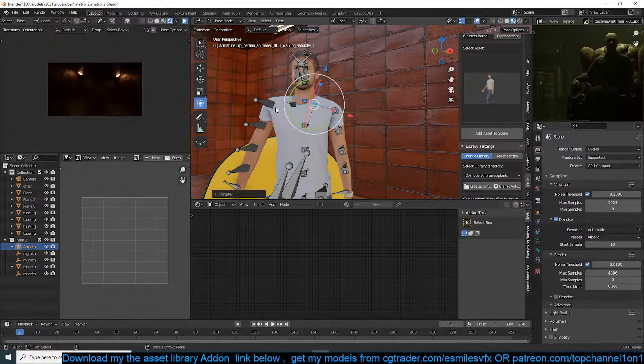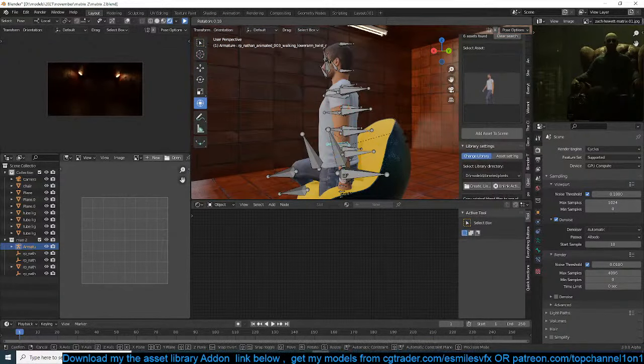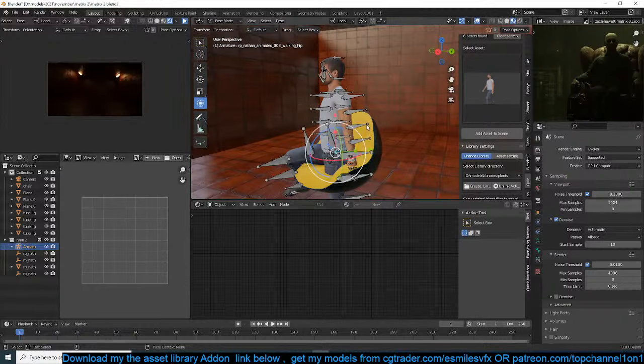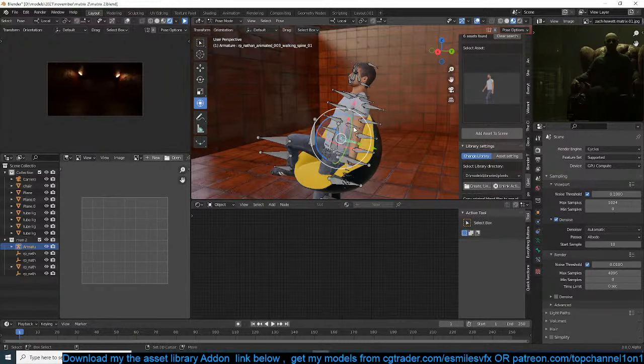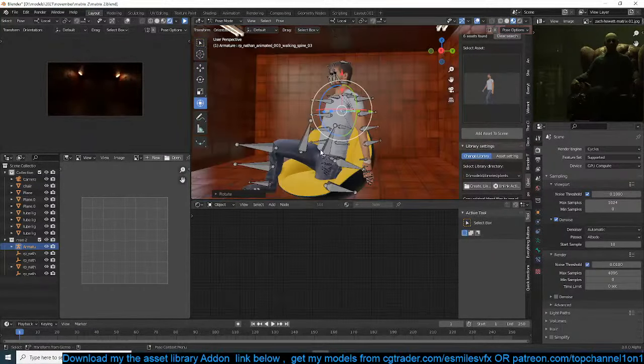Have his shoulders a bit more relaxed, and maybe go to X, Y direction, and then edit the pose mode. It would be easier. X and Y direction, and